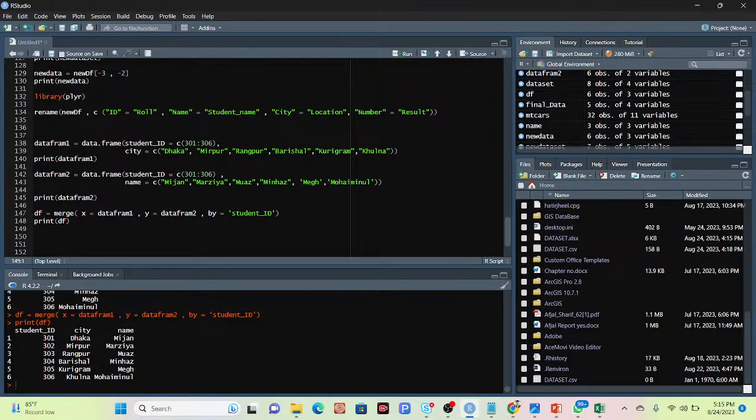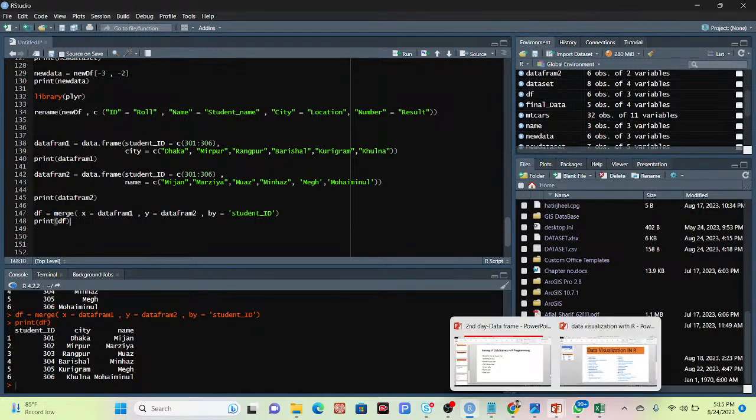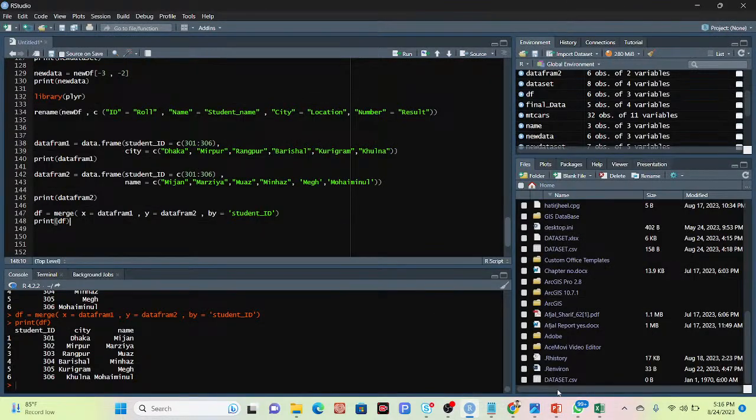This time it is called the natural merge. Mainly when you want to make a natural merge, one column has to be common. In this case, student id is a common column, and both datasets have that common column. So using this common column we can just use the merge function and make the merge easily. As well as that, we can also do the other thing, the left outer join. So that was the natural join, we talked only about the natural join, and now we talk about the